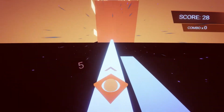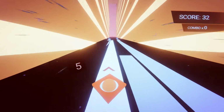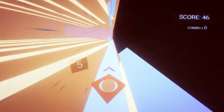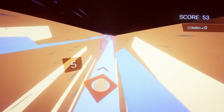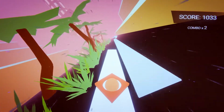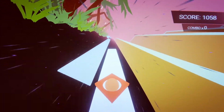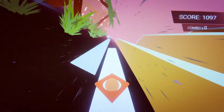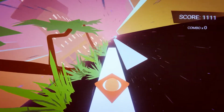Soundslide is a rhythm game that came out in 2019, and it didn't really take off. It has some really cool music and gameplay, and is basic but fun. If you look at other rhythm games, most of them are very simple. The game has you choose from a bunch of different levels that has you jumping from lane to lane, and there are 4 different locations that you can go to, and each one has a bunch of difficulties you could